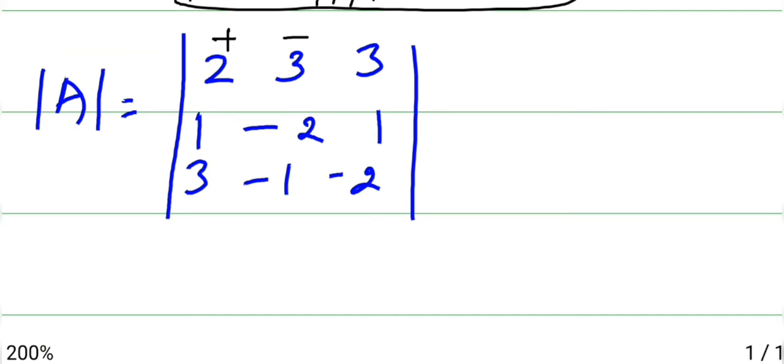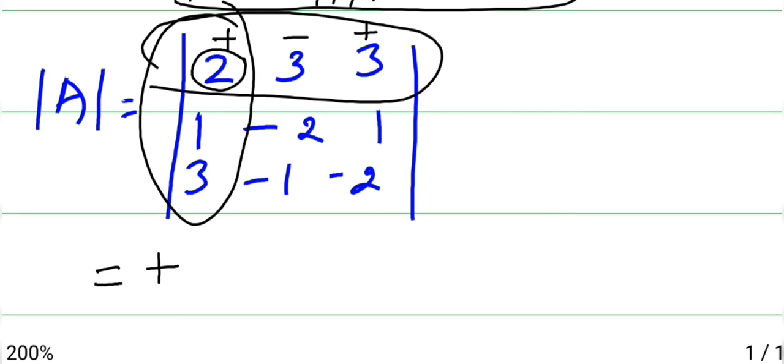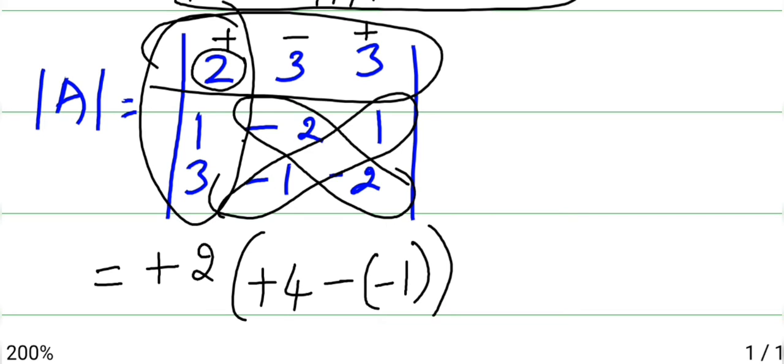How to find the determinant of A? You will take plus, minus, plus to find the determinant. So it will be plus, the first digit you will take. As you take the first digit, that row and that column will not be considered. So it will be plus 2, and whatever is left out, you will cross multiply to find the determinants. That will be minus of minus will be plus, 2 2s are 4. Then minus always common, minus into plus is minus 1. So this is for the first term.